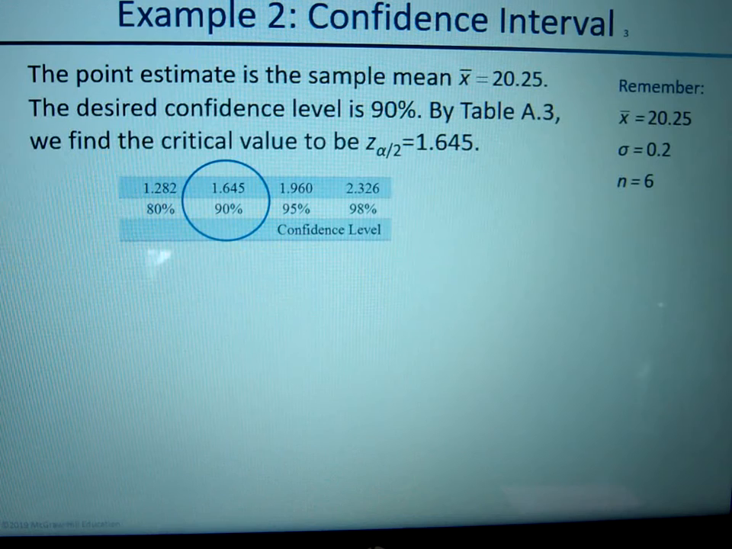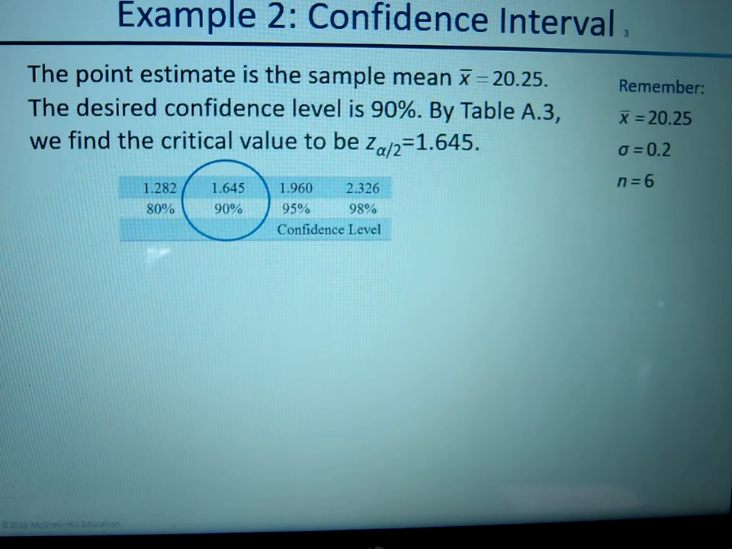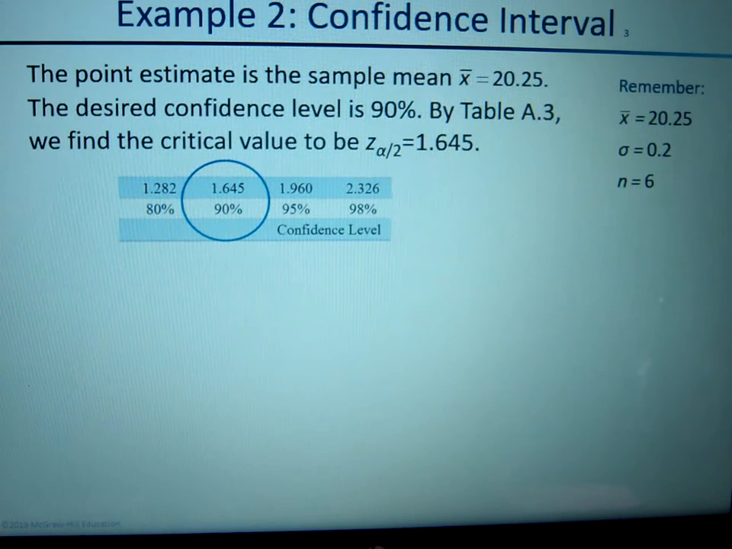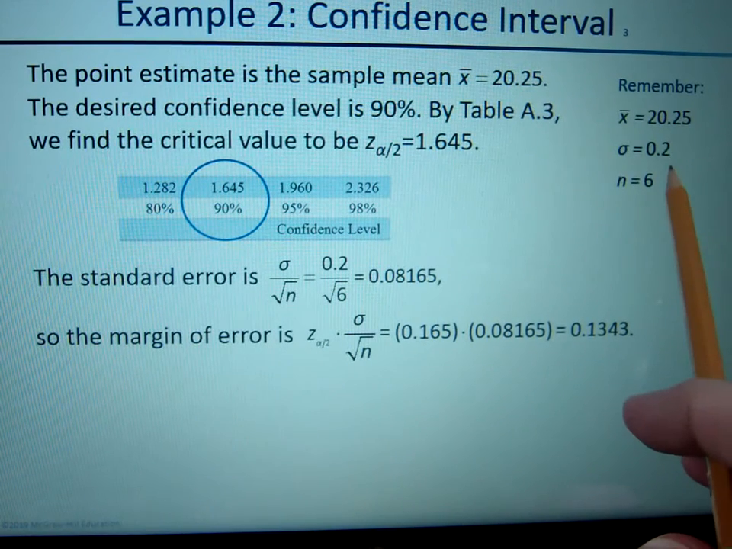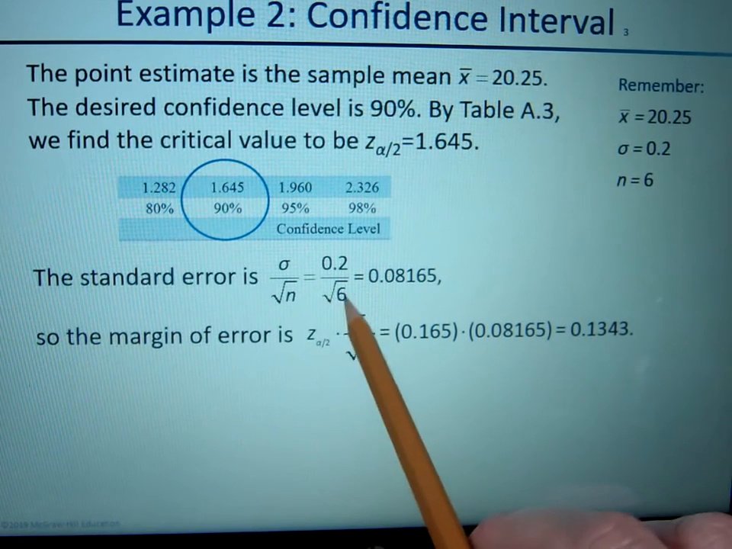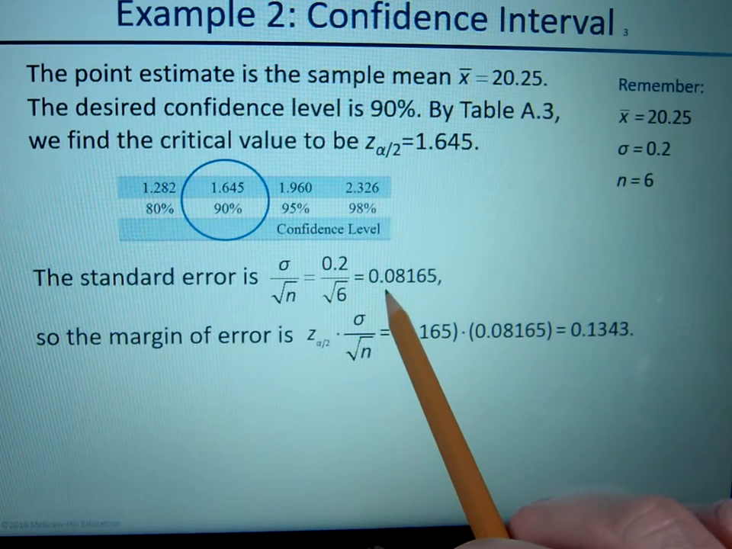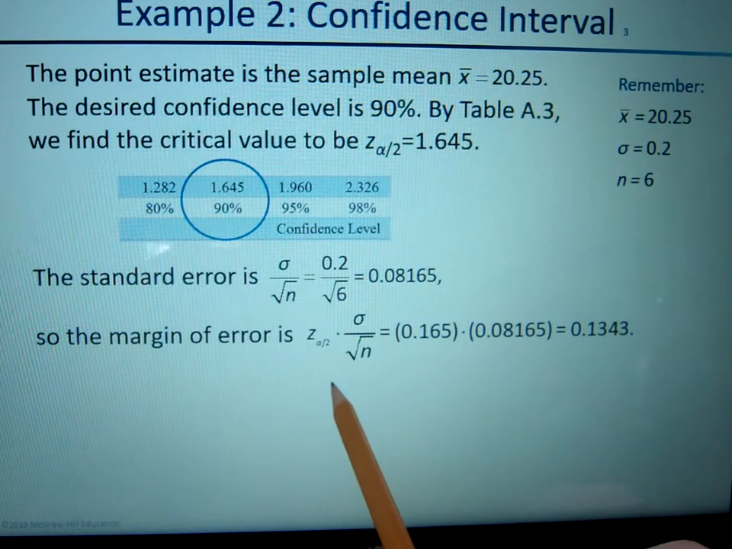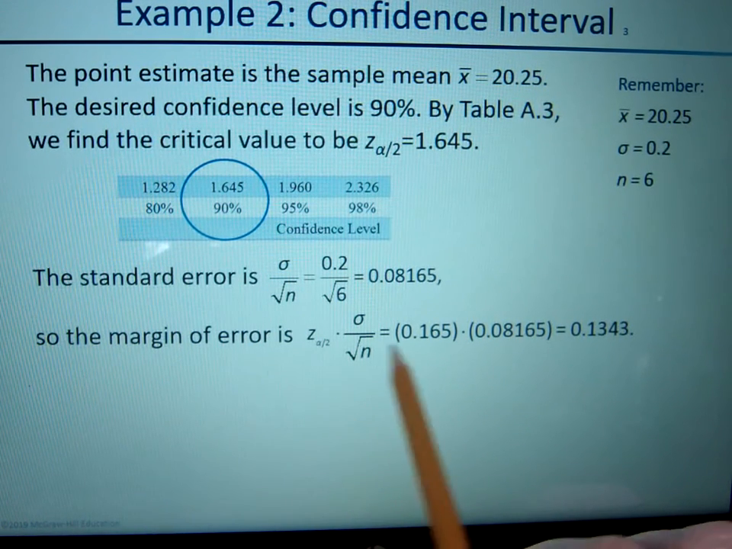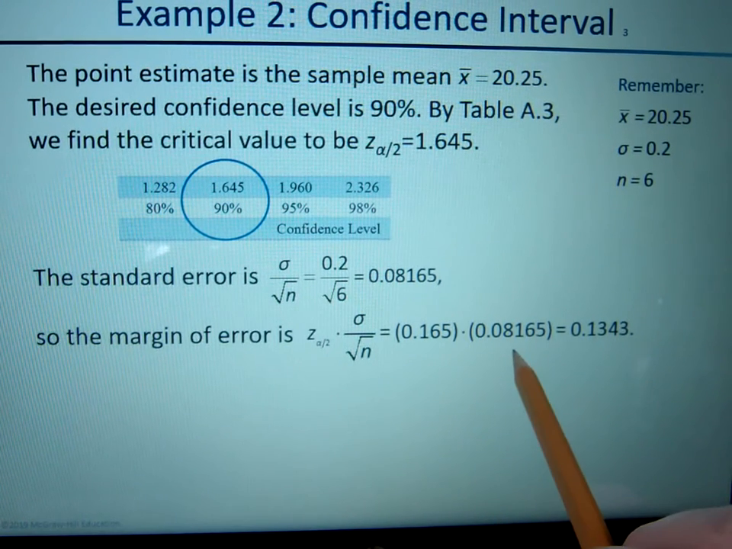So I go to my 90% confidence level value, and I get 1.645. So I'm going to take that standard deviation, divided by the square root of my sample size, which is 6, and I will get 0.08165. And what am I going to do with that? I'm going to take that z value of 1.645, multiply it by that value, and I will get